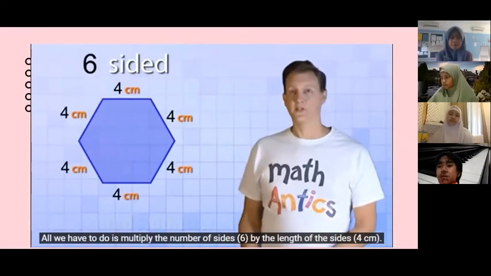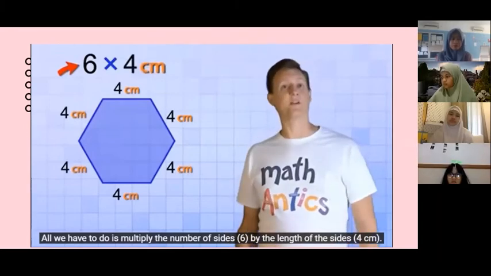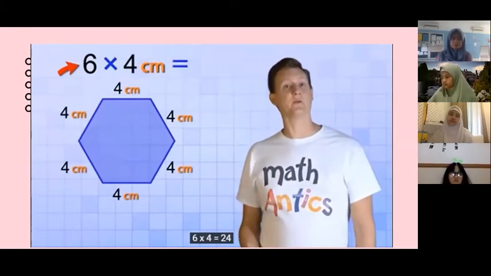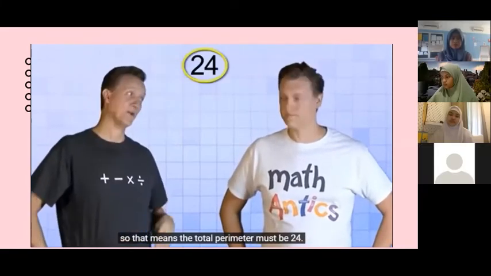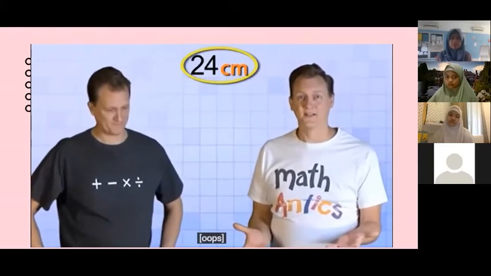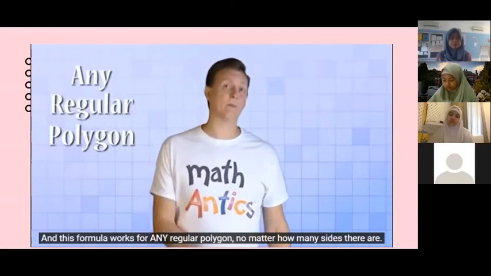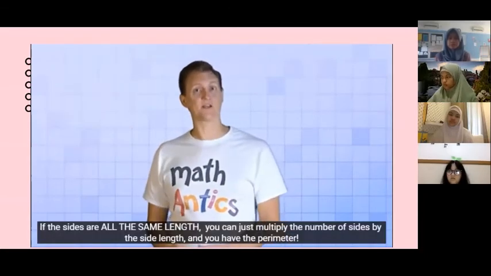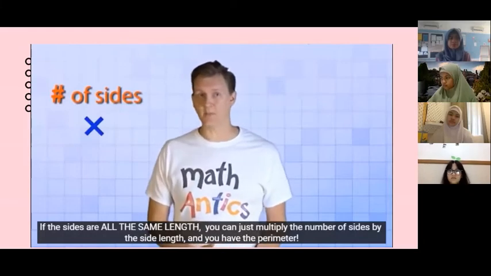All we have to do is multiply the number of sides, 6, by the length of the sides, 4 centimeters. 6 times 4 equals 24, so that means the total perimeter must be 24. 24 what? Centimeters. That's better. Oops. And this formula works for any regular polygon, no matter how many sides there are. If the sides are all the same length, you can just multiply the number of sides by the